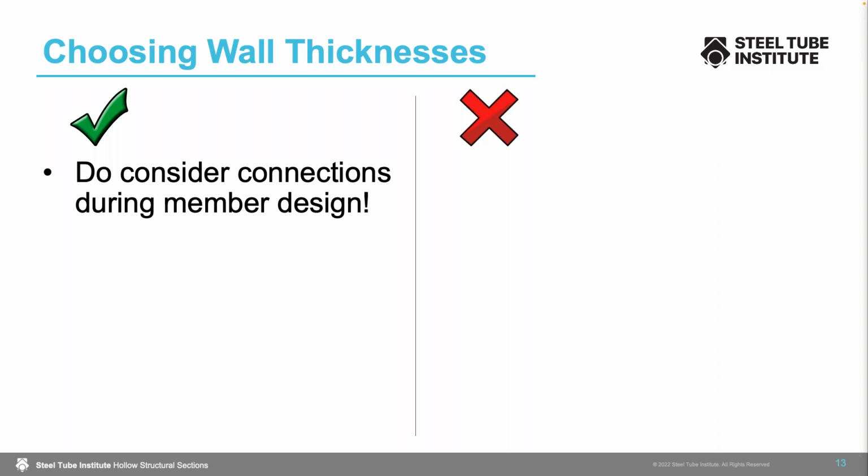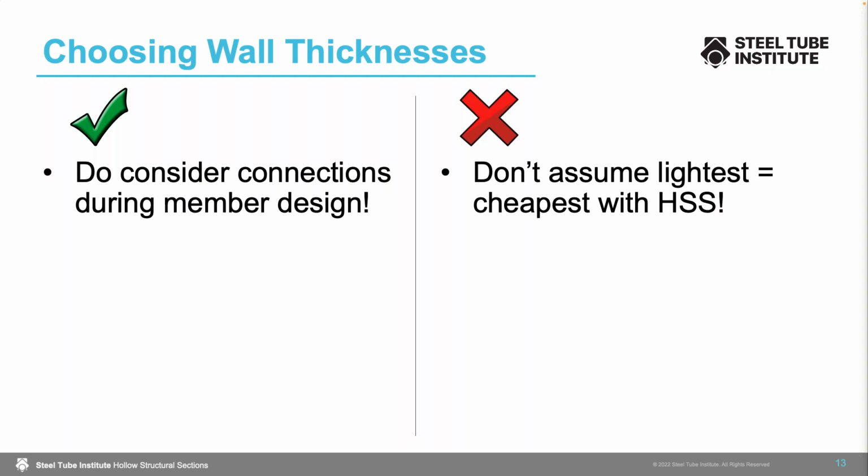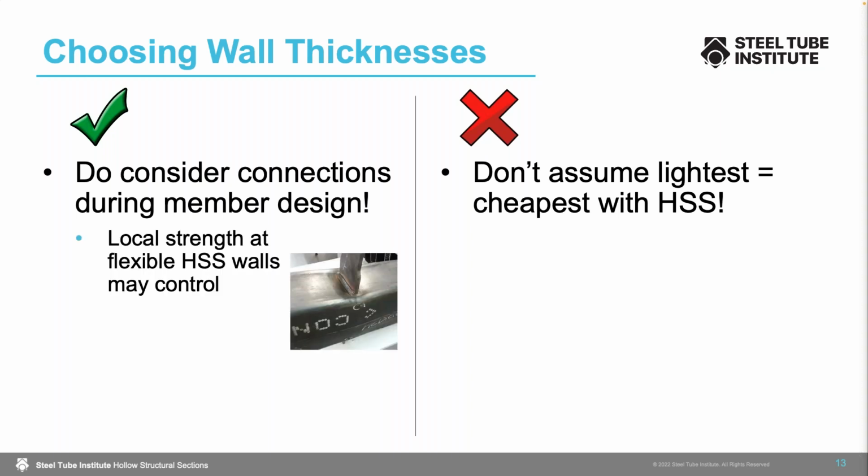So if we just use our nice software design tool and create the very thinnest wall possible for our design, we may end up with connections down the road. So don't assume that the lightest HSS is going to end up being the cheapest option with HSS, because connections do come into play in that calculation. And the local strength at flexible HSS walls may control. Just be aware of that, and there are options for checking your wall for your connection forces without actually having to go through the entire connection design. And those are some tools on the Steel Tube Institute